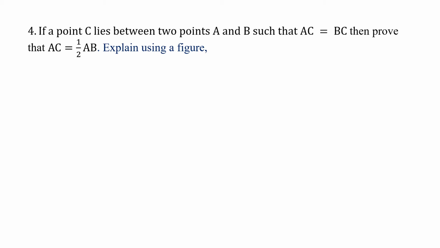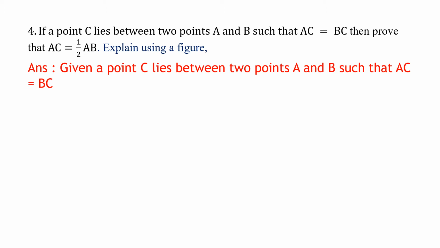And what is the condition given? AC. Can you measure AC? So we are given a point C. It lies between 2 points A and B such that AC equal to BC. So one point is there, A and B, the 2 points. The line segment joining points A and B. The third point C. Okay. So there are 2 points A and B. We have got a line joining A and B. We have got a point C on AB such that AC equal to BC means the length of AC equal to length of BC. It is clear in the diagram. I hope you can see that.